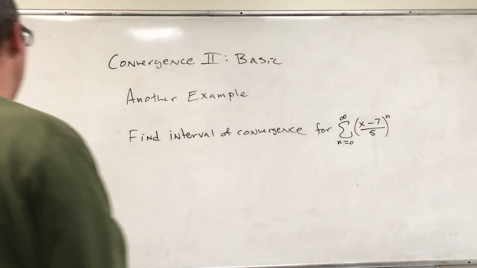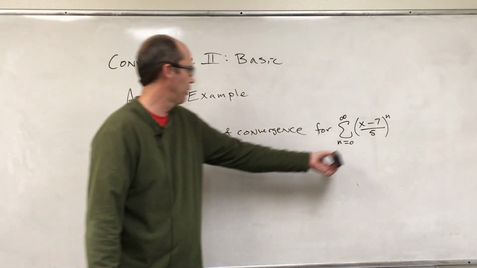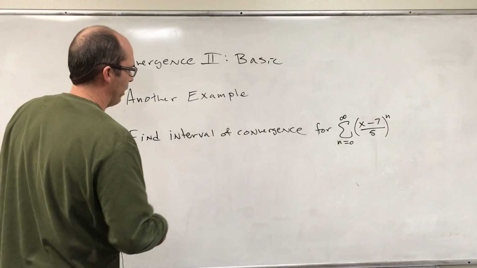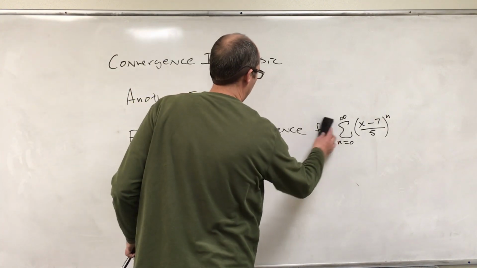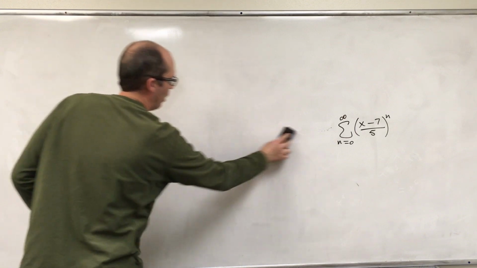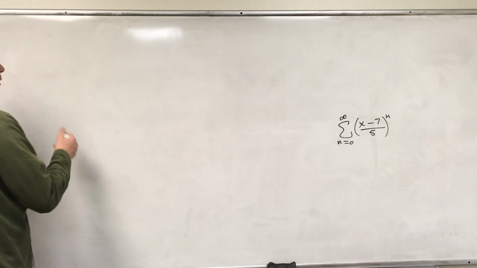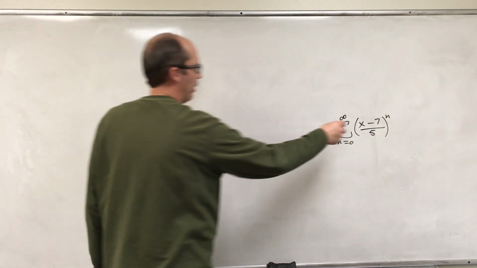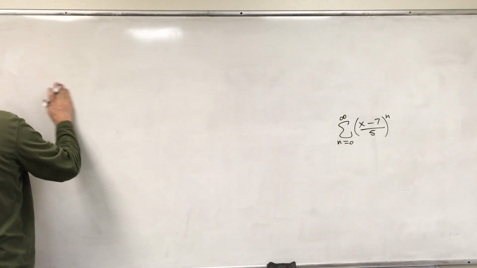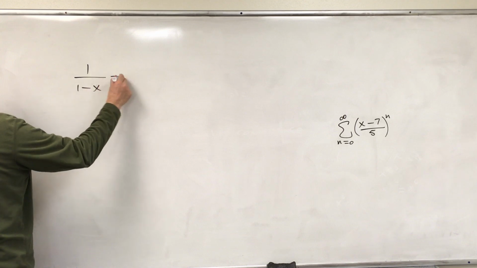All right, here's another example for Convergence 2 basic. We're going to find the interval of convergence for that infinite series, infinite Taylor series. All right, so this has the form of a geometric series. Let's see. So we know that 1 over 1 minus x equals